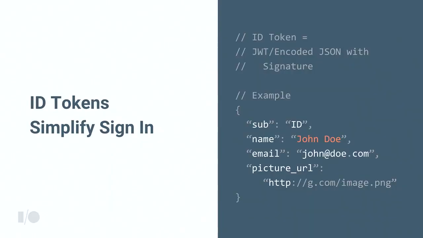But that's only half the experience, because we also wanted to work to simplify the integration process for developers as well and to make it faster and more robust. And we did so by focusing all of our SDKs around the concept of ID tokens. ID tokens are JWTs, JSON Web Tokens, which is encoded JSON, which includes a bunch of information, including the profile information that I just mentioned to you before. And that's partnered with a cryptographically generated signature signed with Google's private key, but which can be verified using Google's public key on your backends, using libraries that are both open source as well as provided as part of Firebase Authentication's server-side SDK.